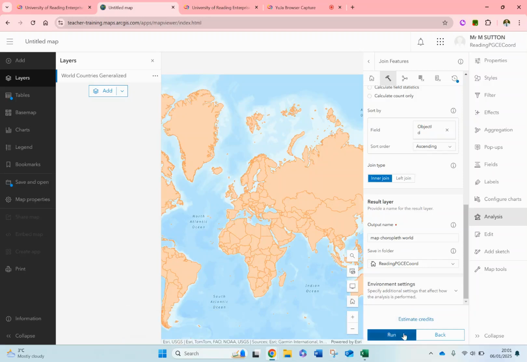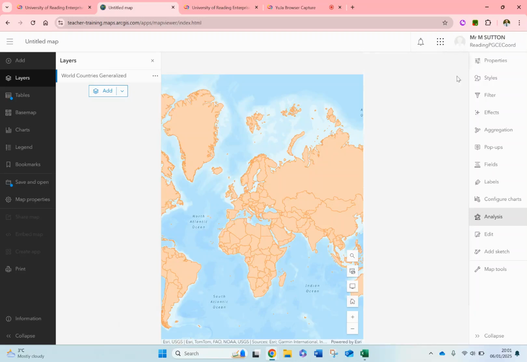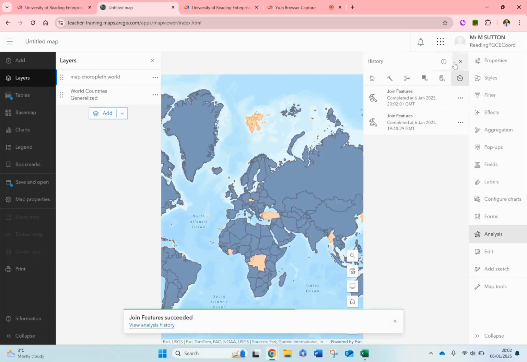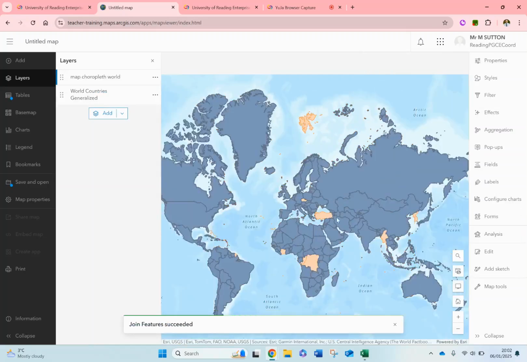So I've clicked run. It's going to do that in the background. It's got a timer clicking away there, you can see that that's moving. Again, this might take 30 seconds or a minute, and it's done it. I'm going to click cross, and as you can see, Turkey has not appeared because